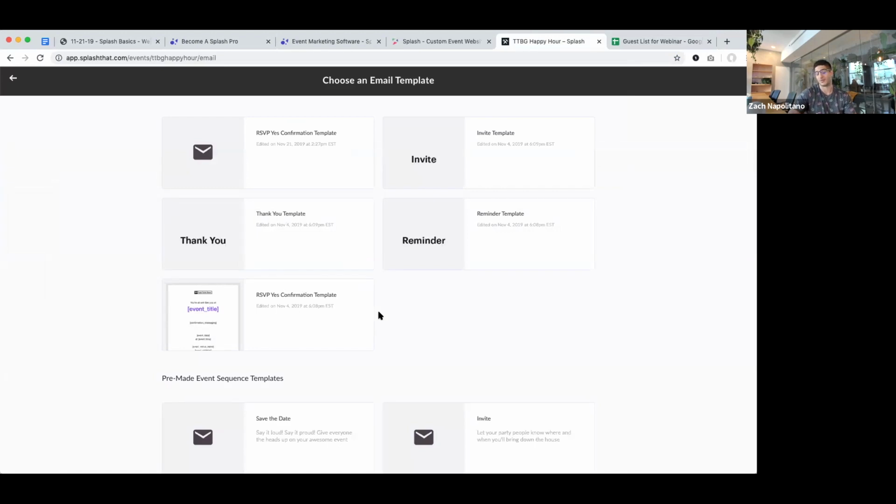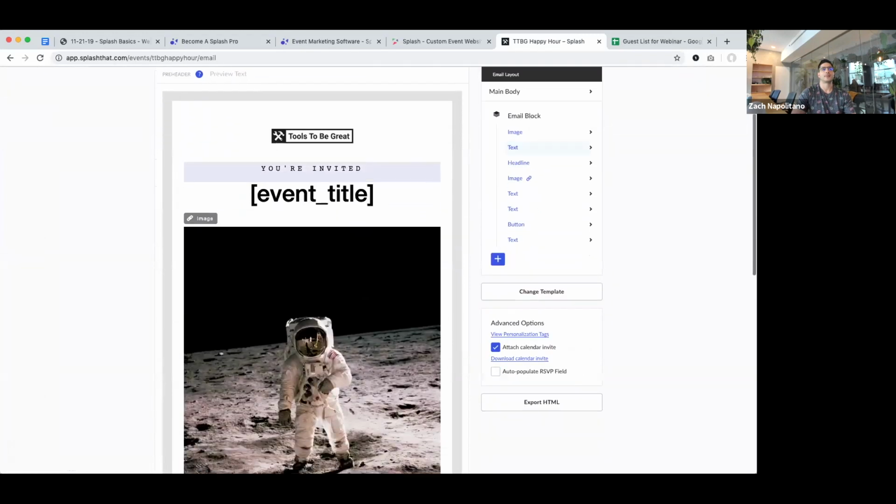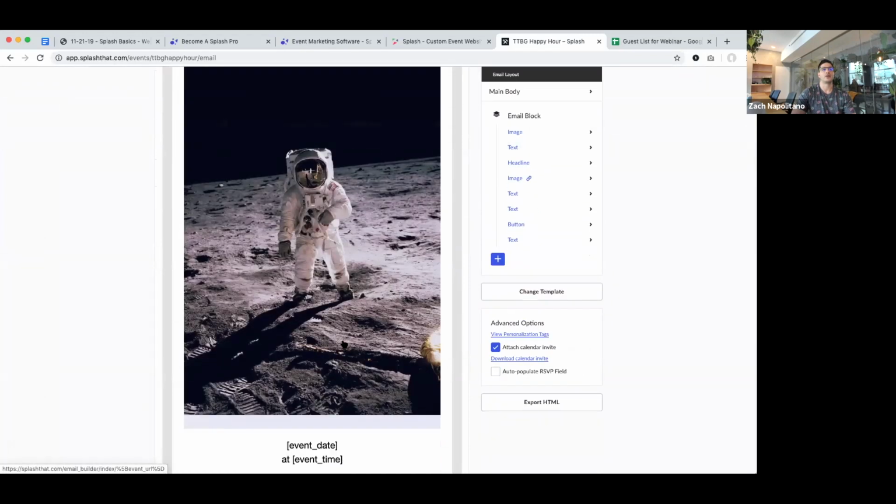There's some templates here for me. So again, a big part of having great themes in Splash, as enterprise customers do, you have these themes that come locked in with those preloaded designs, but also email templates. We don't want you reinventing the wheel every time, right? So I'm going to select our invitation template, and you can see it's starting me out with an image.